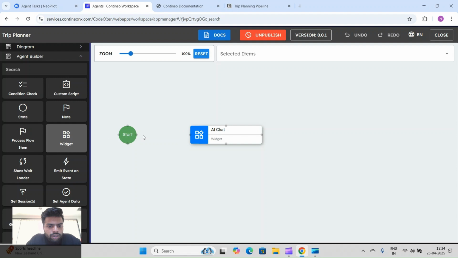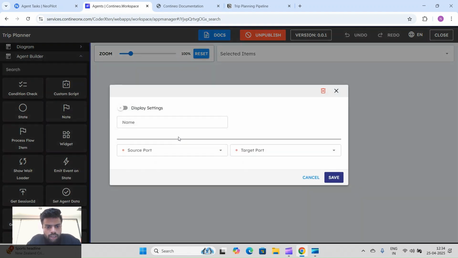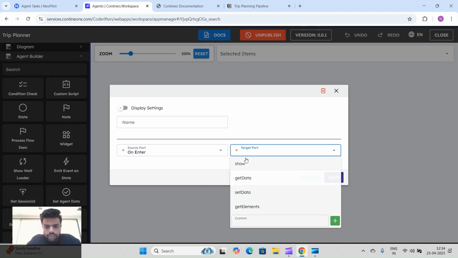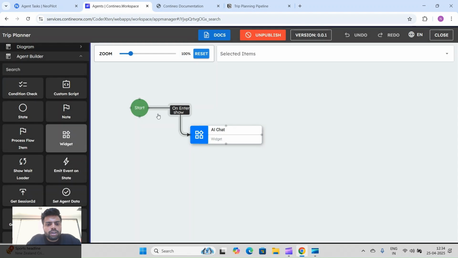After selecting that widget, this is the start block from where our agent execution starts. We will connect this block to our AI chat widget component, and we will select the events on enter and show. This means whenever we enter the execution of this agent, the first thing we show is this widget.